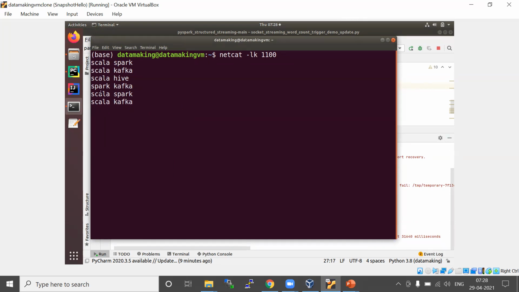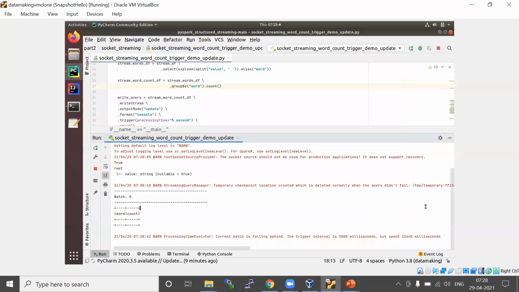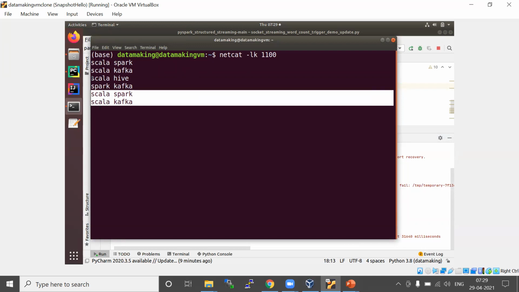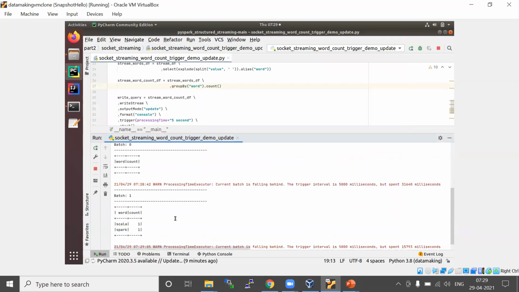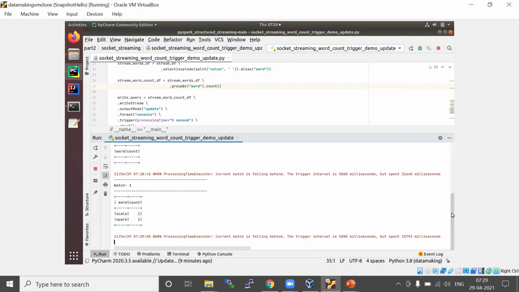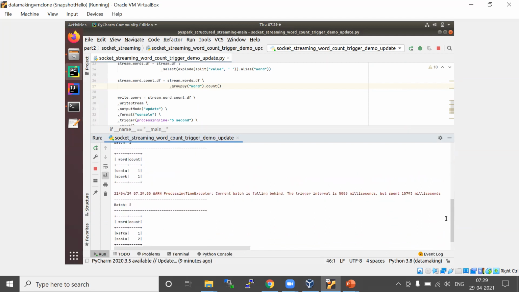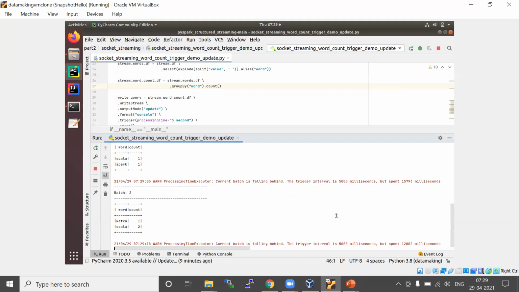These two records I am passing as the first batch. The second batch I'm going to pass Scala type. So here you see these two entries there. Okay, actually it got split into